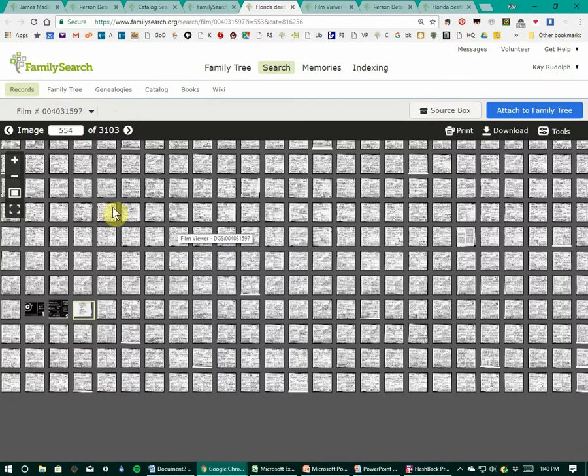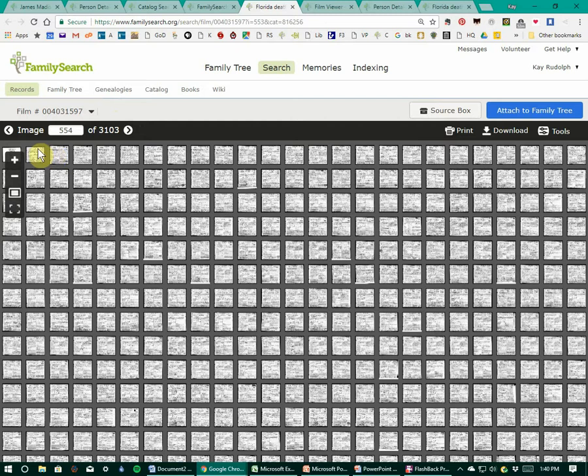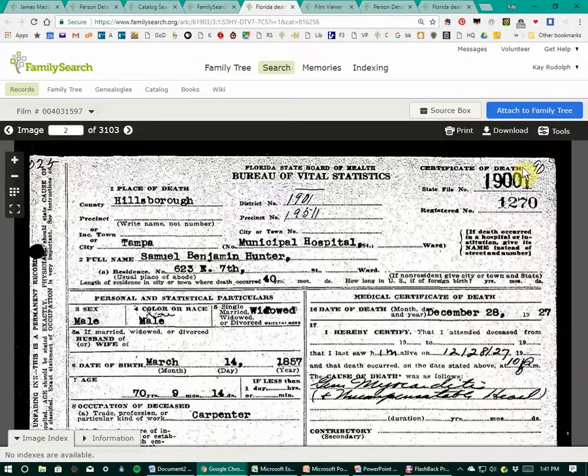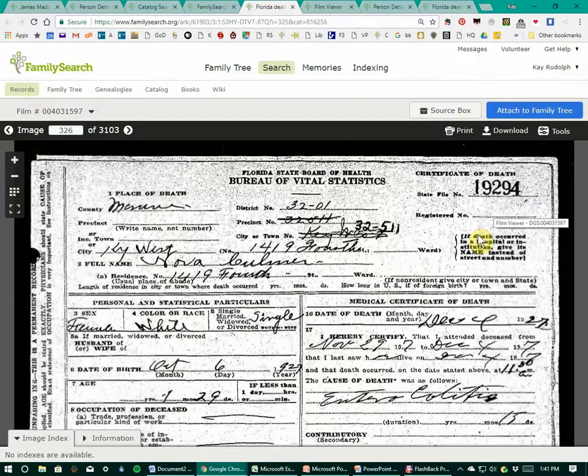So in our case, we're going to look for the certificate number 19,325. We go and look at the first certificate here. It's 19,001. Well, we're looking for 19,325, so you might think the real easy thing to do is say, well, that's just 324 away from 19,001. So I'm going to go to 324 plus 2, 326. And you see that we're only at